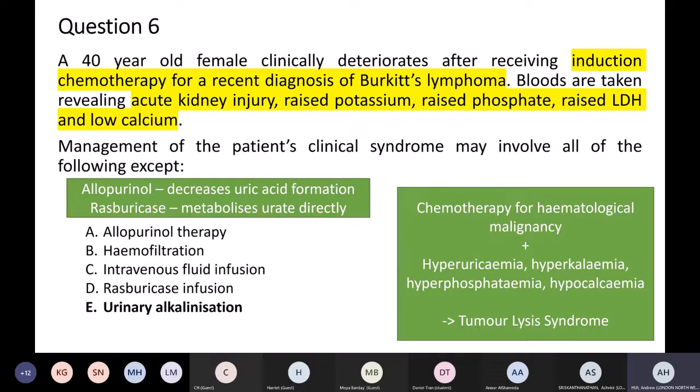It's not first line anymore, rasburicase is, but it still can be used. It can also be used in prevention. So it works by blocking the formation of new uric acid. So it doesn't deal with the uric acid that's already floating around in the blood, but it does prevent the formation of new uric acid. And so it does have some role in tumor lysis syndrome, especially if someone is intolerant to rasburicase for whatever